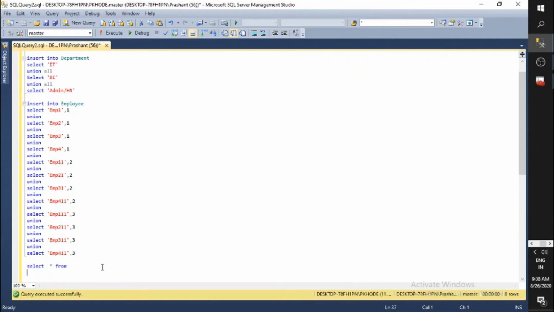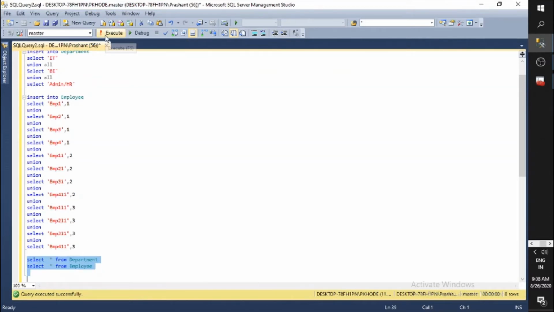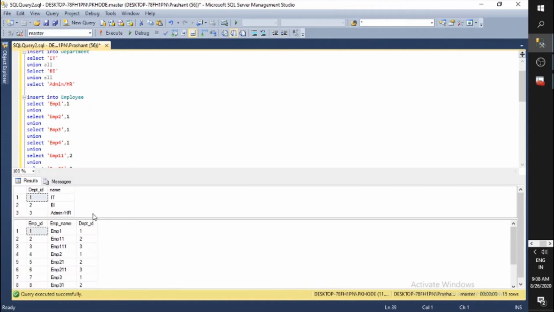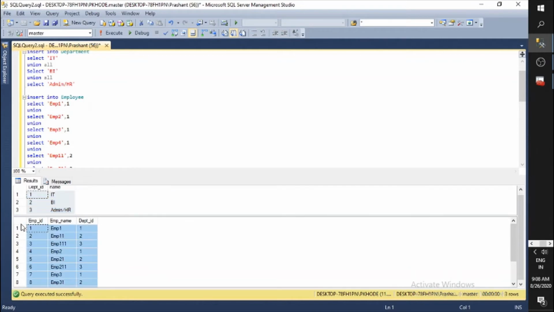Let's check once again by querying the employee table and also the department table. If I run these two queries in parallel, I would see the department has unique values 1 to 3, and the employee table also has unique values.